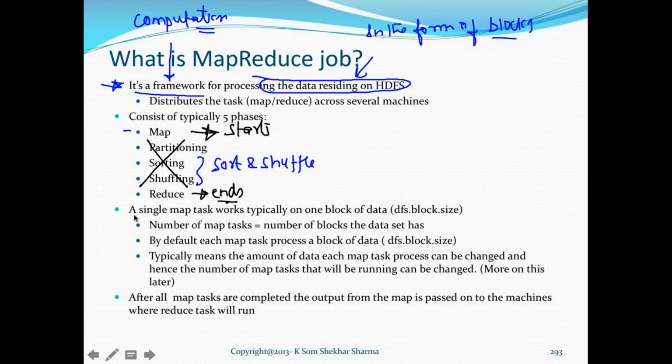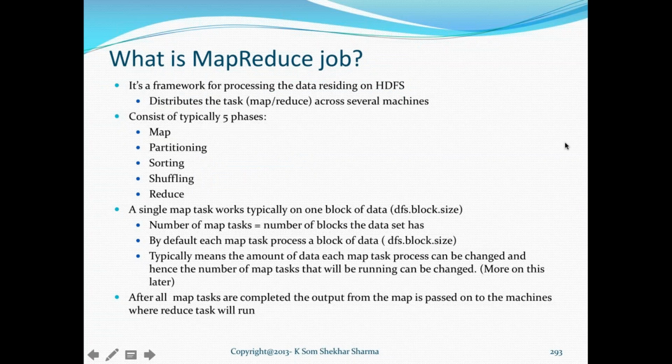Now, a single map task works typically on one block of data. This is the default nature: the number of map tasks equals the number of blocks the dataset has. Now, the default nature of a MapReduce job is, if you're running